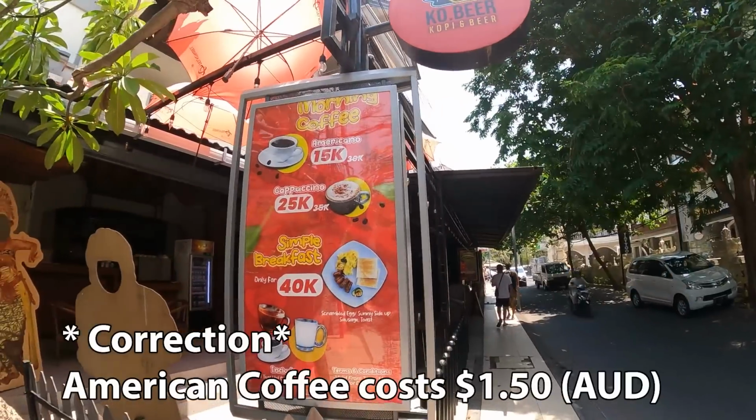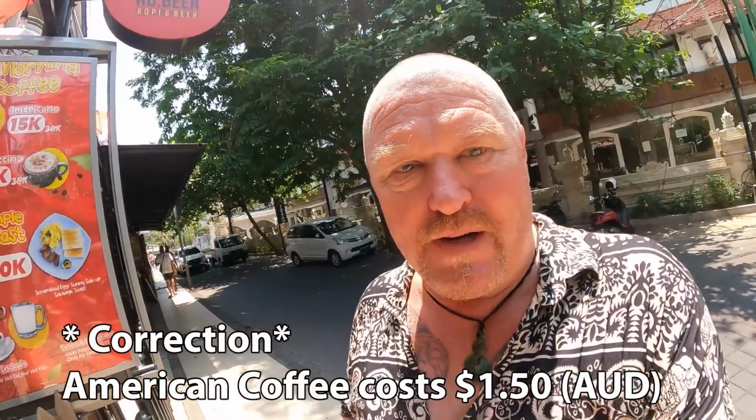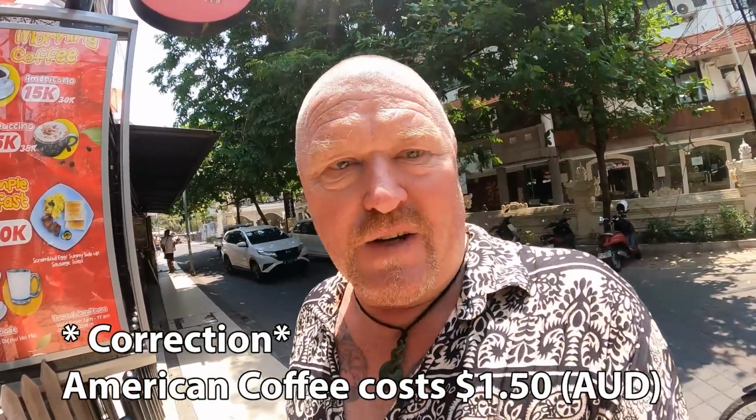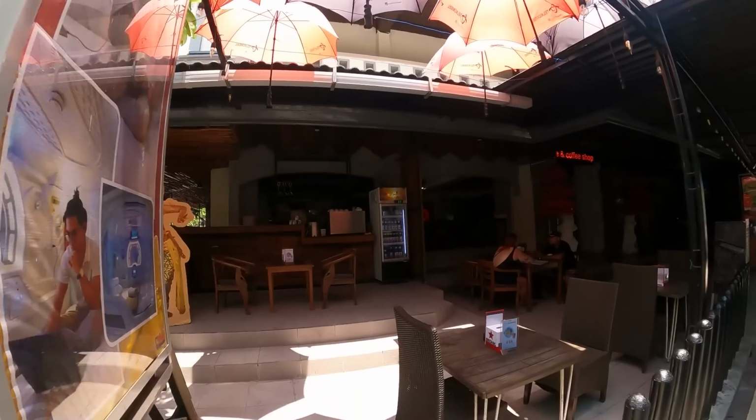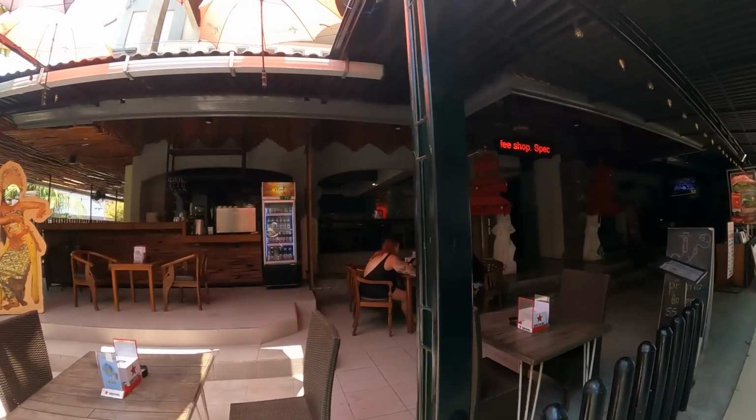You can't complain of that. Right next door to Damo's house, to my mate's house, is a restaurant with $15 American or black coffees and $2.50 cappuccinos. So that looks all right. Scrambled egg on toast for $4. Beer, and